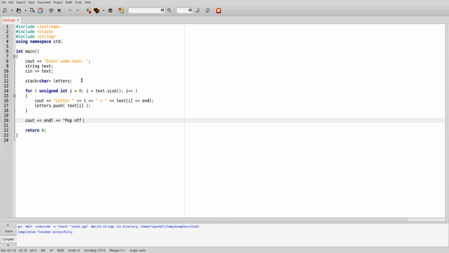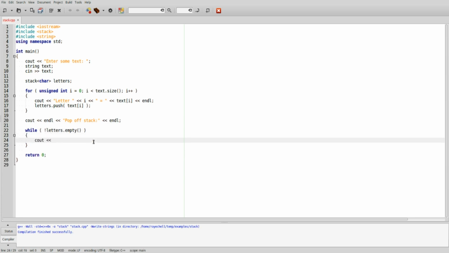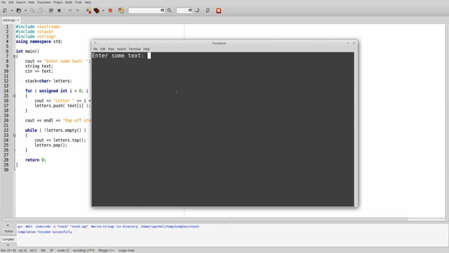So pop off the stack, and we will continually pop items off the stack until it's empty. So while the letters stack is not empty, we will look at whatever the topmost item is, so letters.top, and we aren't going to have a line break because it's going to just reverse the string. We can say letters.pop to remove the topmost item, and now when we run it, I can enter something like